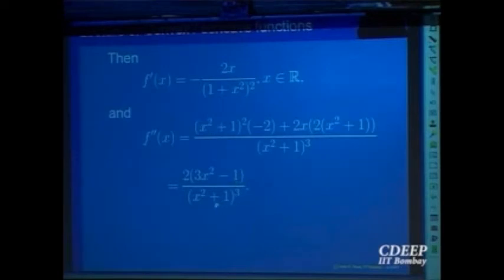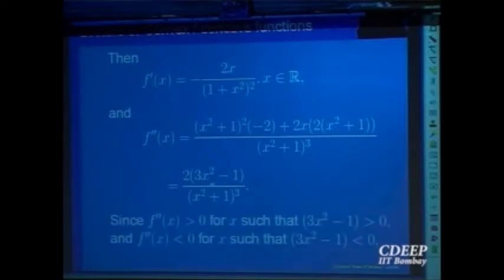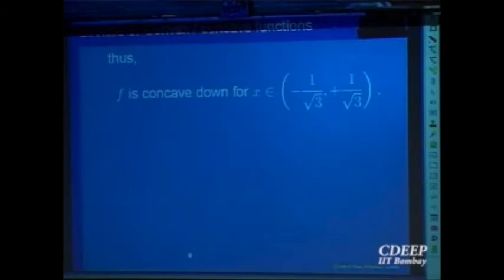Now from here you can see 1 plus x square is always positive. 2 is positive, so only the numerator is going to determine the sign of the second derivative. So find those points. You can see 3x square minus 1 bigger than 0 or less than 0. So accordingly you will have the region where it is concave up or concave down. So it is concave down in the interval minus 1 over square root 3 to 1 over square root 3, right? And similarly on the other